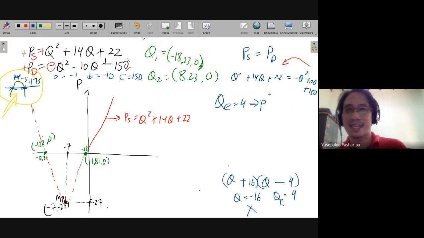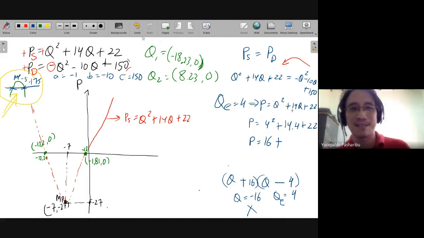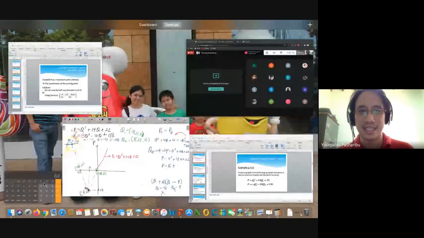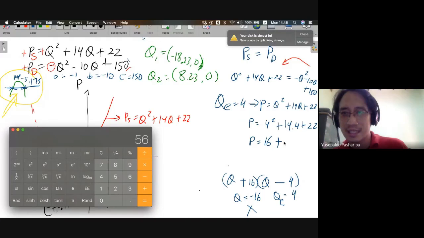The first one, maybe. P equals Q squared plus 14Q plus 22. So P equals 4 squared plus 14 times 4 plus 22. 4 squared is 16. 14 times 4, let's make sure, is 56, plus